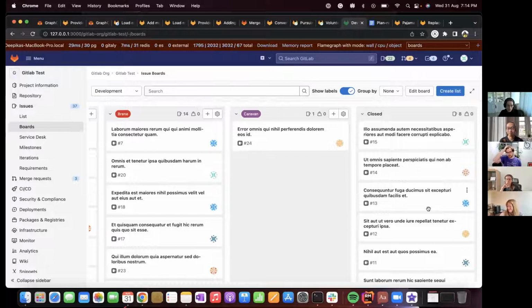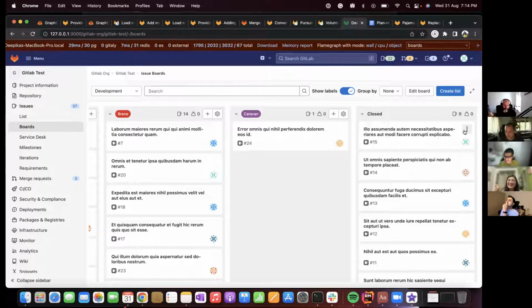Hopefully. Okay, so the other thing is, do we want to have these actions in the closed list? Henrik mentioned that maybe there's no need for it, but maybe we can just have a consensus on whether we want these actions in the closed list or not. The thing with the closed list is that the sorting is actually supposed to be disabled, because if you try dragging cards there, it gets persisted in the UI, but if you refresh the page, it goes back to closed ordering, because that's how we order it from the backend.